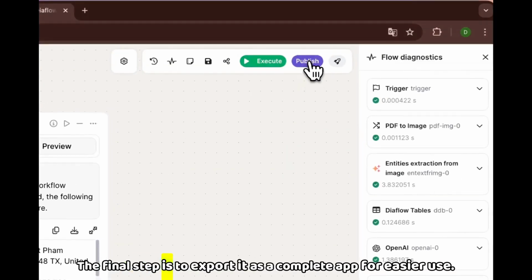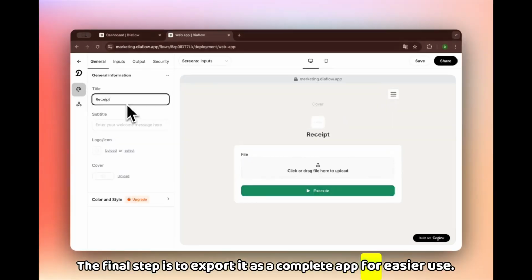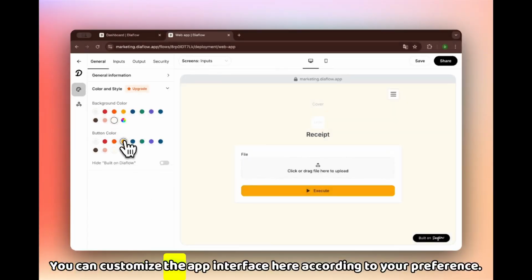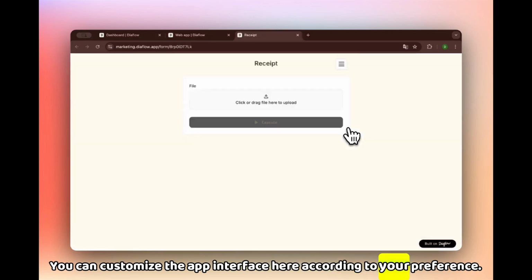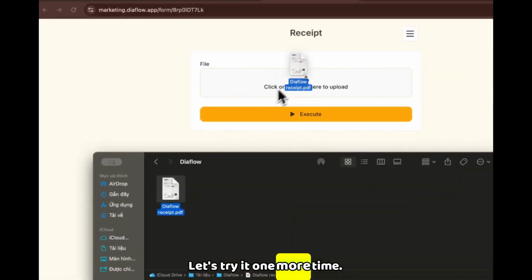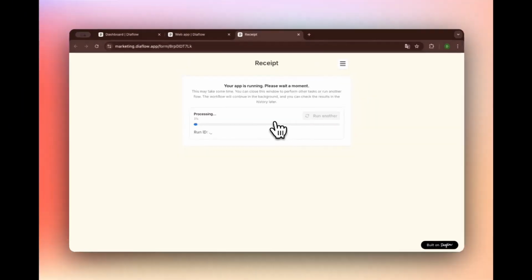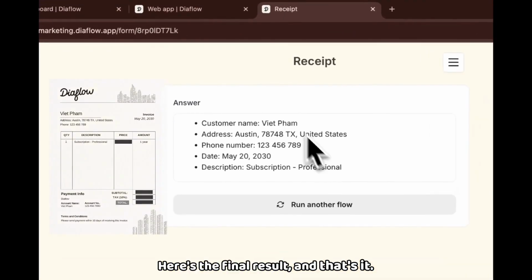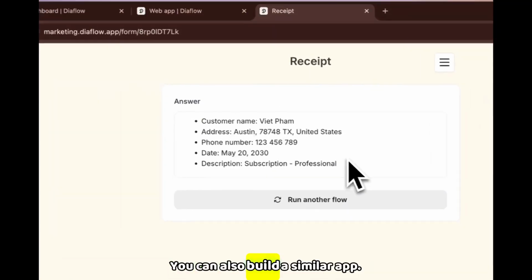The final step is to export it as a complete app for easier use. You can customize the app interface here according to your preference. Let's try it one more time. Here's the final result. And that's it. You can also build a similar app